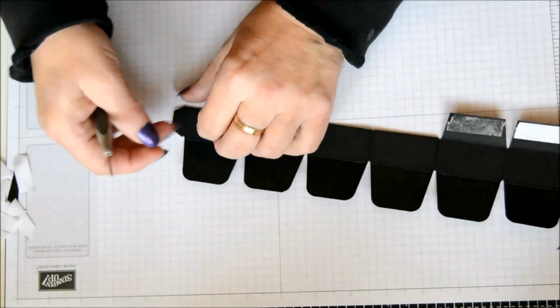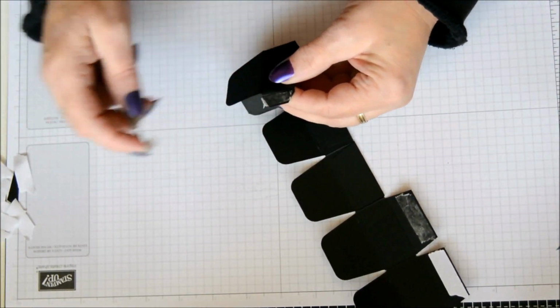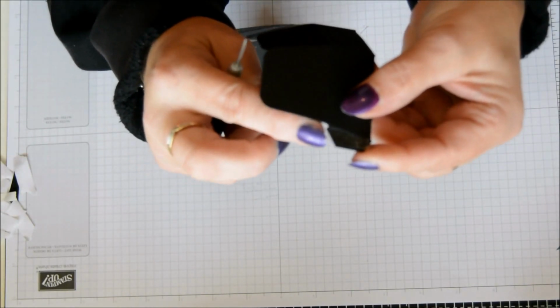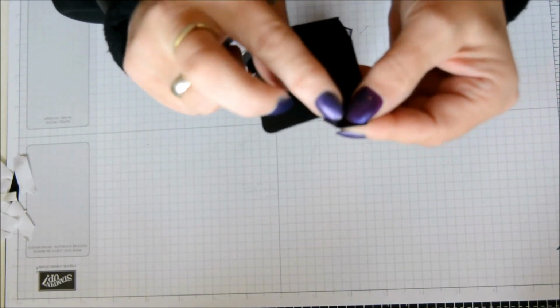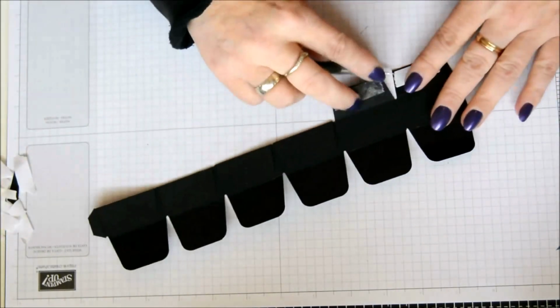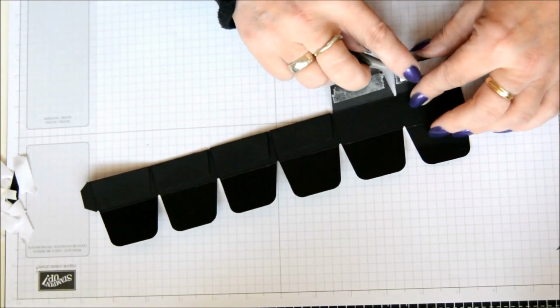at the end. So taking your sticky strip off your tab, and as you can see, I've got a little piece left over there that's a little bit too big. I don't know if you can see that there. It's not very focused, is it? You just fold that back on itself and it'll stick to itself and it won't be in the way. Take your last piece of sticky strip away,